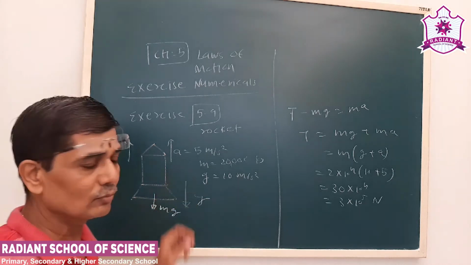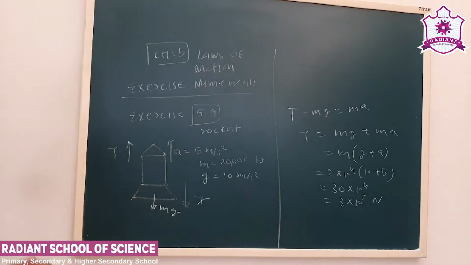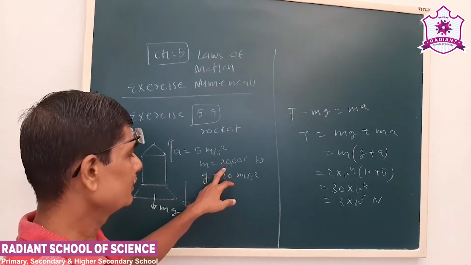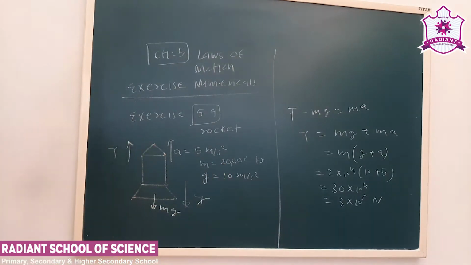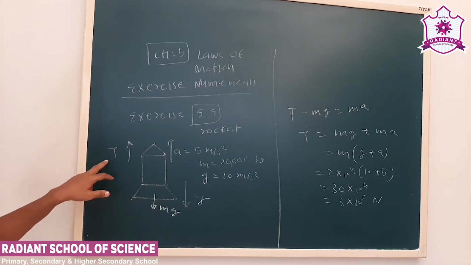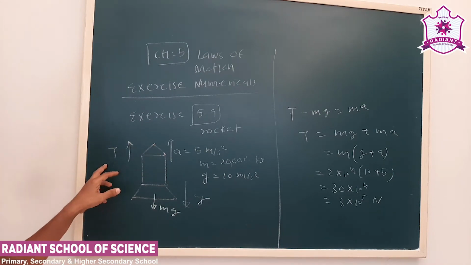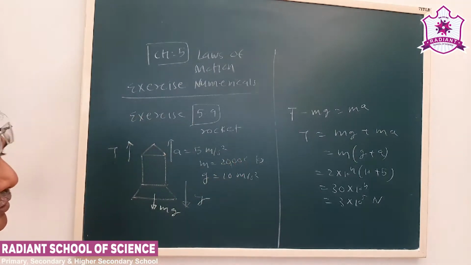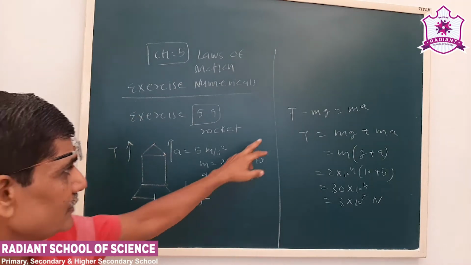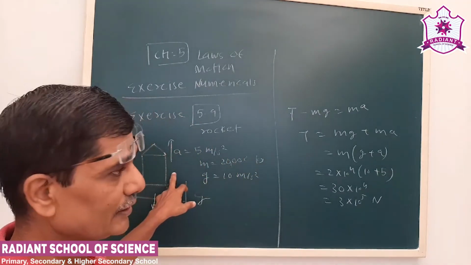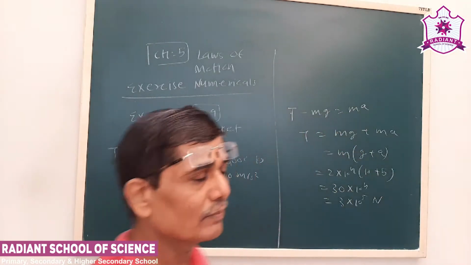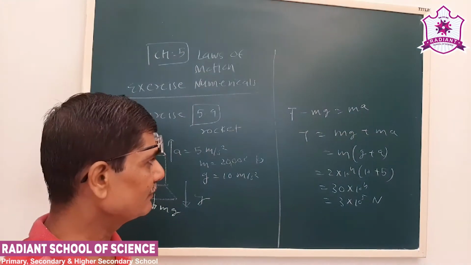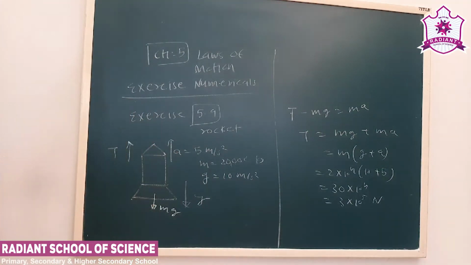Here the rocket moves in the upward direction with an initial acceleration of 5 meter per second square, and mass is given as 20,000 kg. We have to calculate the initial thrust or the force. Here T we assume is a force; you can write F also, there is no problem. We use Newton's second law of motion, T minus mg, where the net acceleration a gives ma. By solving this, we can obtain the value of the thrust or the force. So this is about exercise sum number 5.9.